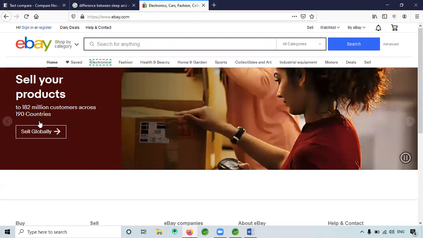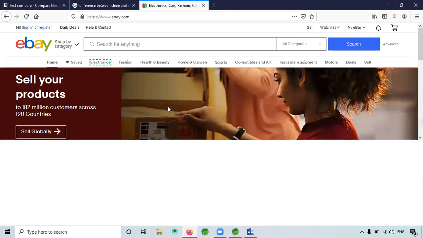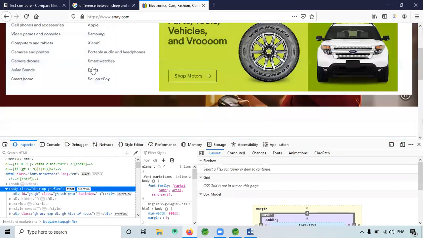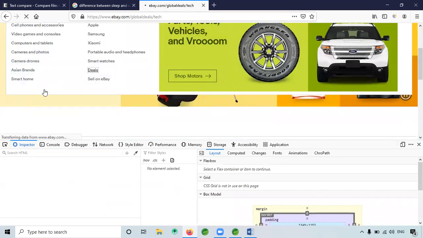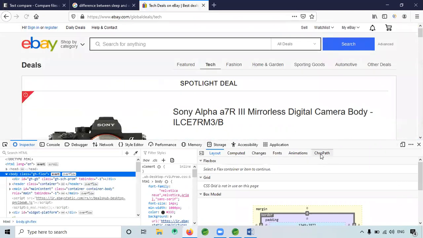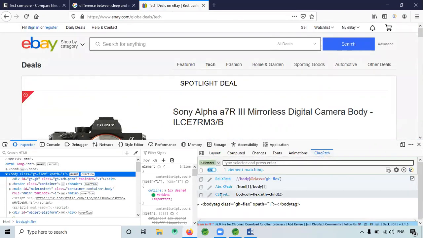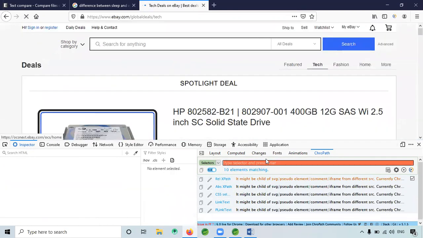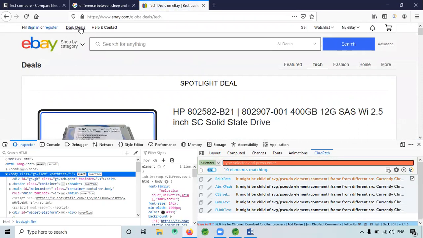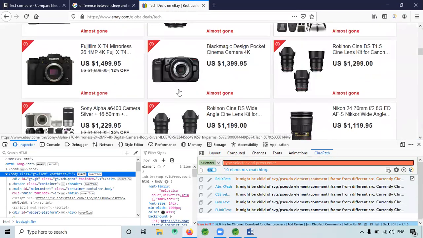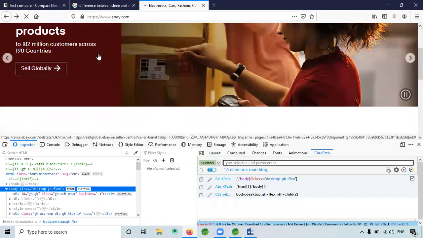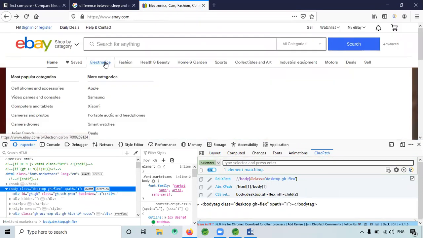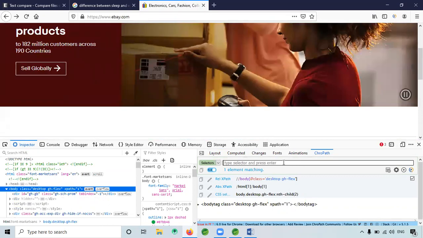Right click, inspect element. I'm clicking on the deals. When I click this, copy the XPath. Okay, the class name is there. Let me paste.